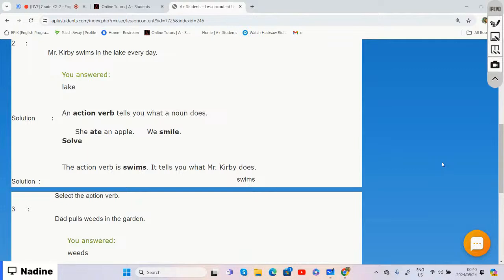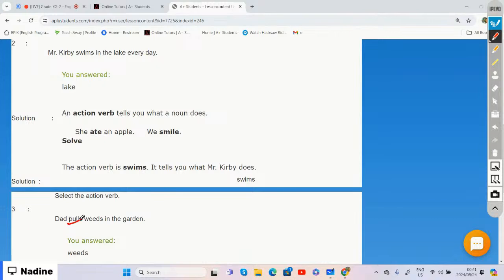And if we were to identify our action verb that tells us what dad does, then we can say pulls is what dad does. Right? All right, so now we're going to our test